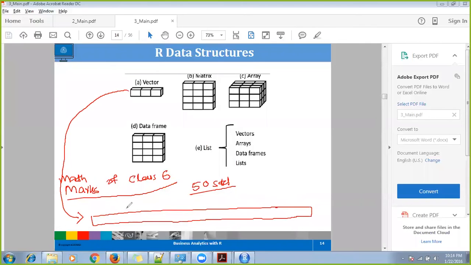You can store it like this. You'll have 50 values, and the index starts at 1: first, second, third, fourth, fifth value. Like this, you will have 50 values. You can create a vector and store all the numbers. Let's say somebody scored 91, somebody scored 35, somebody 66, 71, 87, somebody 50, somebody 100. So that is how you can use a vector.